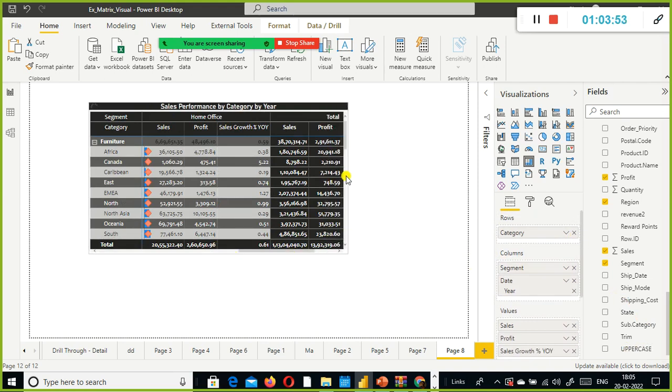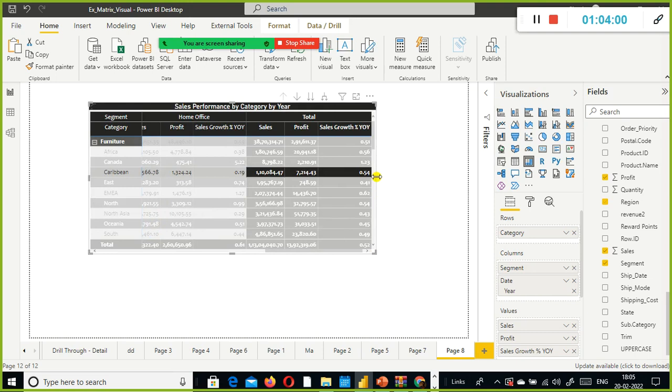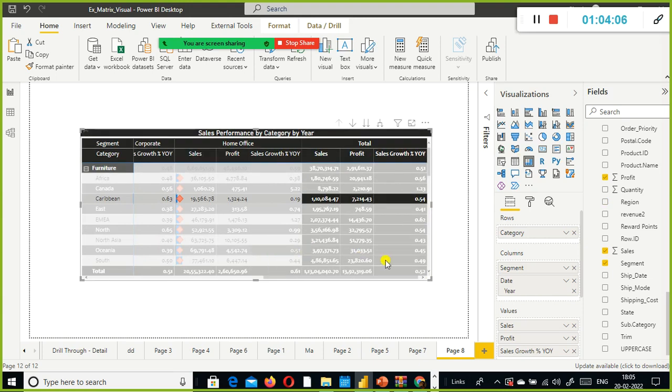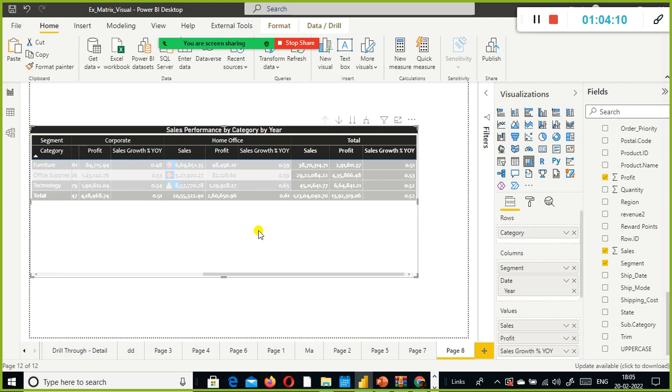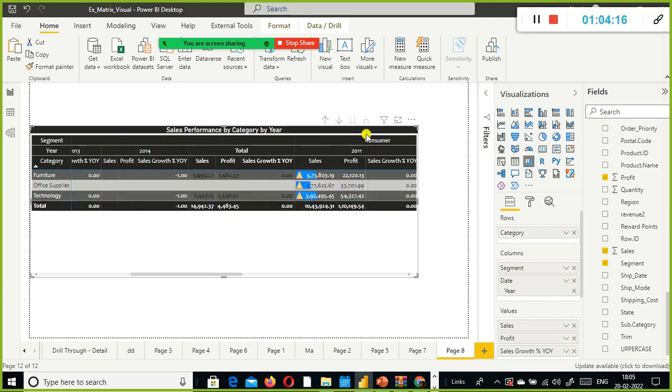So now you understood the functionality of the drill down, drill up feature.